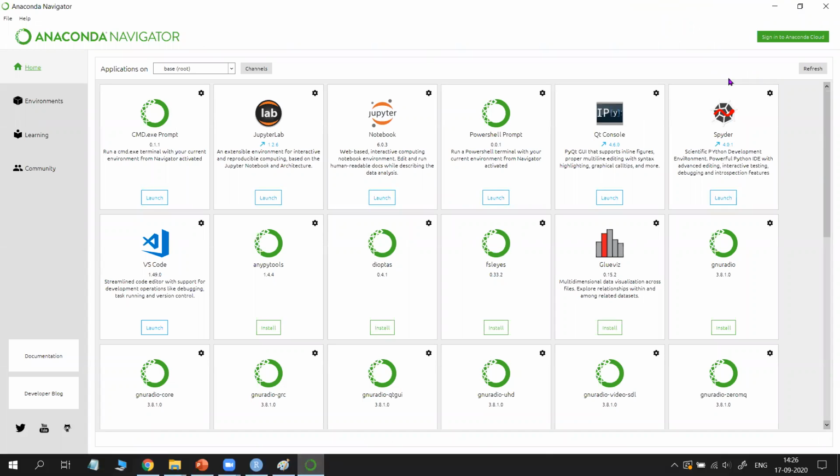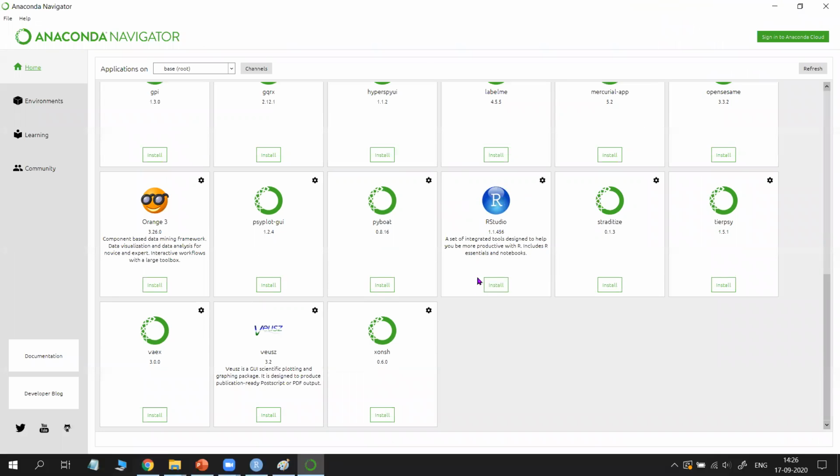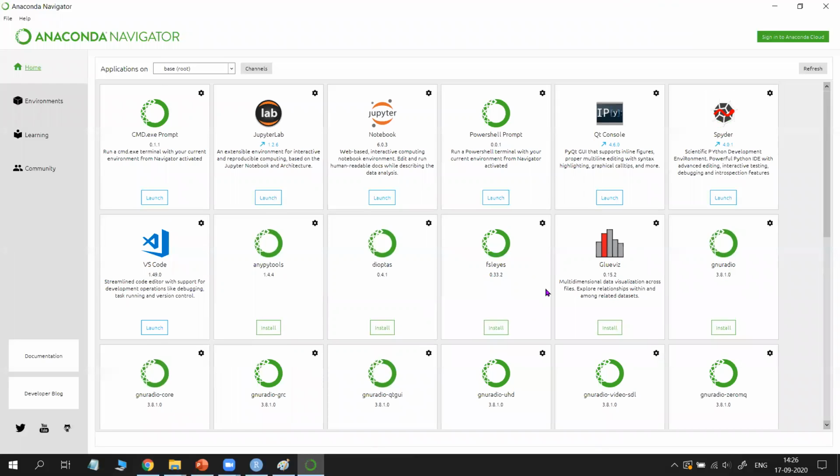See here, everything is there. Even RStudio is also there, which we already used. But if we want to do machine learning with R, don't go for this RStudio. Download RStudio from the RStudio website, which is shown in the second or third video, and do it. But if we want to use Anaconda, see here, as I showed you, Spyder and Jupyter. This is the Jupyter notebook and this is the Spyder.